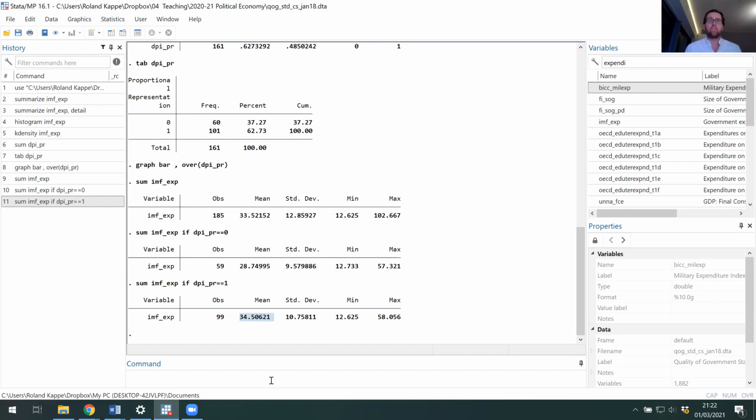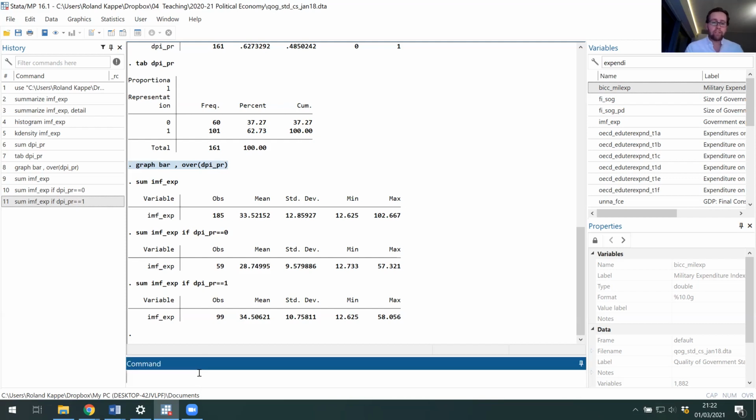Well, we could graph this, of course, and this is where the graph from before comes in handy. So we used here this weird graph bar over dpipr, right, which was just a bar chart of the frequency of dpipr. But we can basically use the same syntax, graph bar, for looking at averages of other variables over something else, over the PR variable, for example. So graph bar IMF EXP, comma, over dpipr